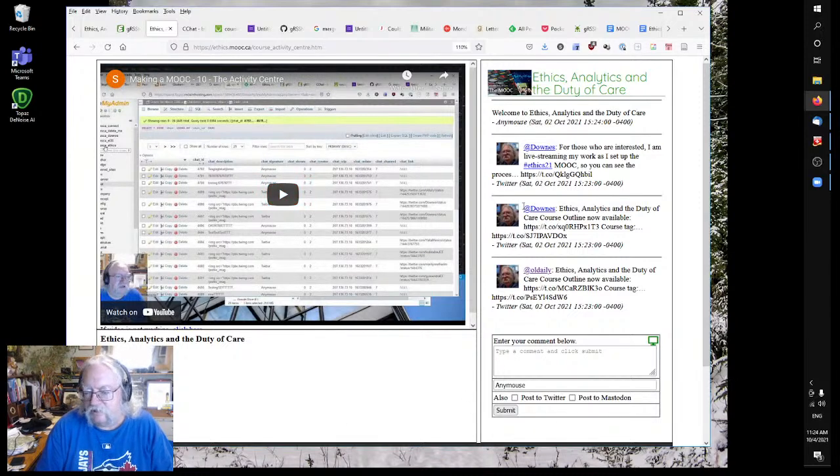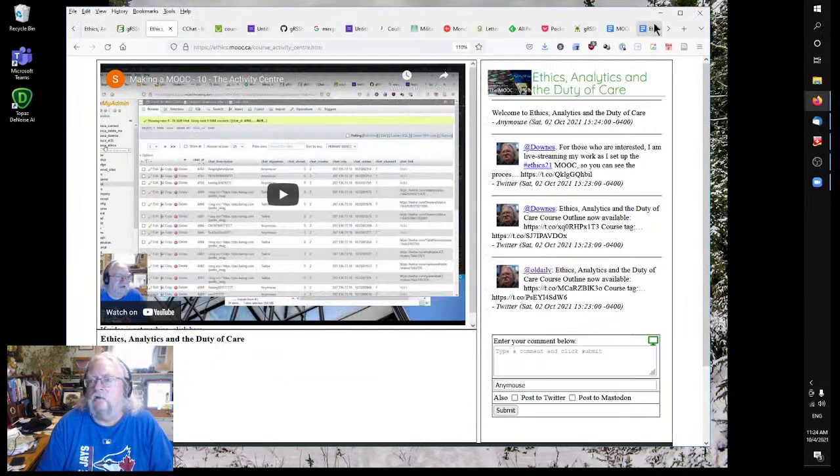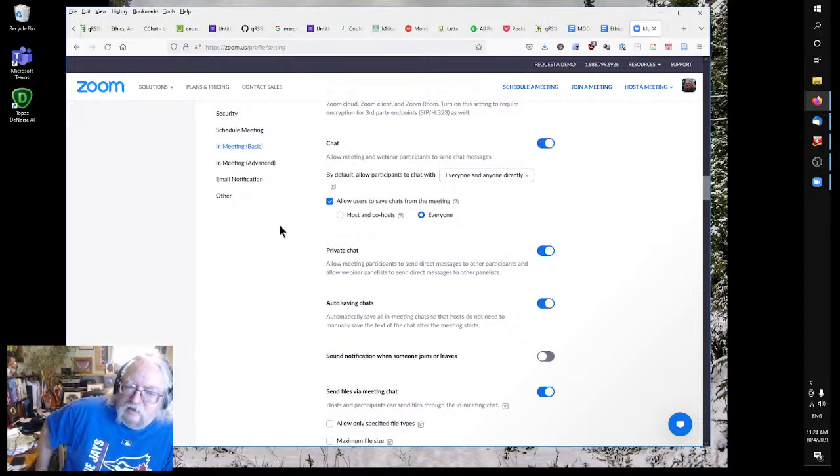But the thing I want to mention here is there's the chat for the activity center. Now, I wish I could, oops, don't want that one, I want this one. I wish I could have the chat from the Zoom meeting show up in the activity center and vice versa. That would be ideal for me. I don't know how to do that. But,